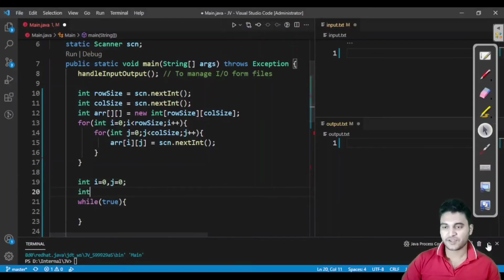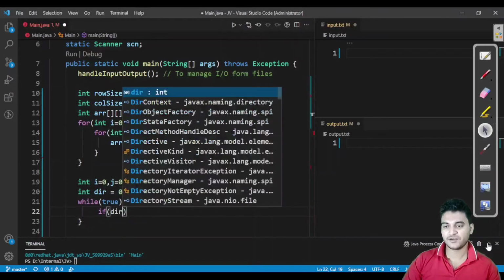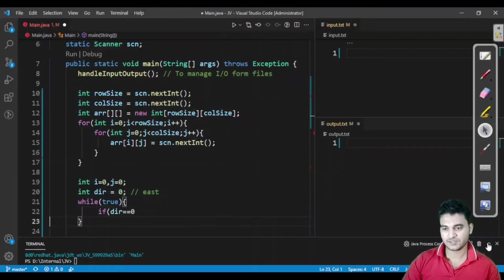Firstly I have to define a variable for direction, in which direction I am currently. So let us define some directions. 0 is for east direction. Fine, I will come to that. If we are in east direction, then what we have to do.